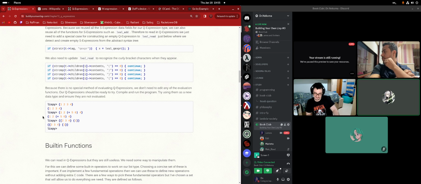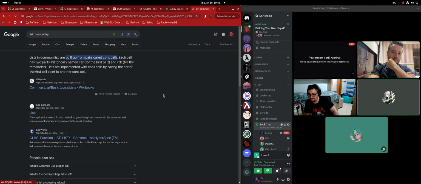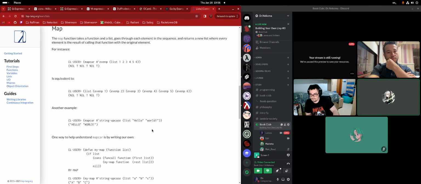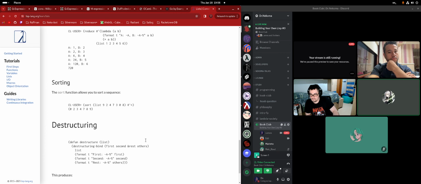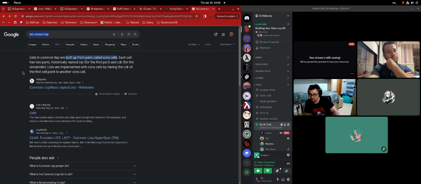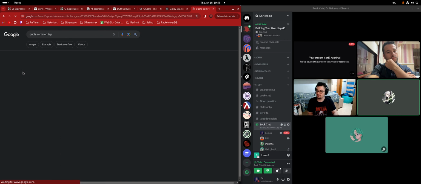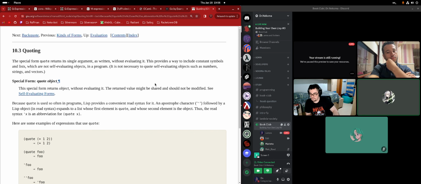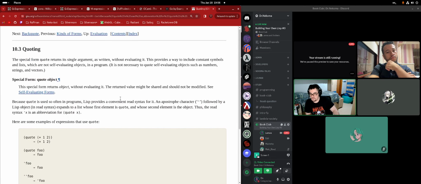I'm talking about Common Lisp, Scheme, Clojure as well. Basically the popular ones. All three of them are basically the same in that regard: if you do quote and you write a parenthesized list after the quote, that will return a completely unevaluated list. If there are symbols inside of it, or other parenthesized expressions, they will not be evaluated. But when you do open paren list and then the elements, that will evaluate the elements. So that's the difference there. Okay, I see.